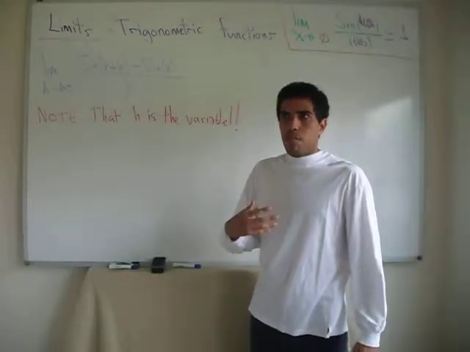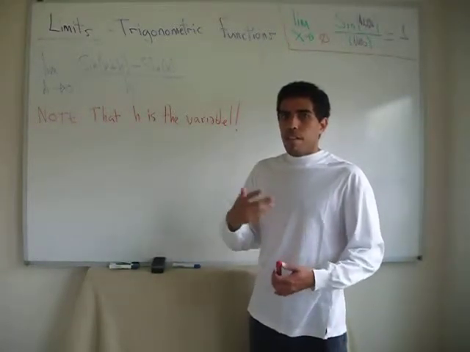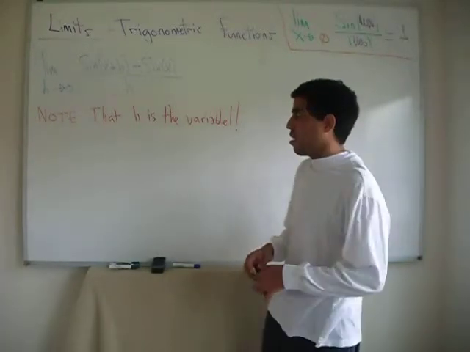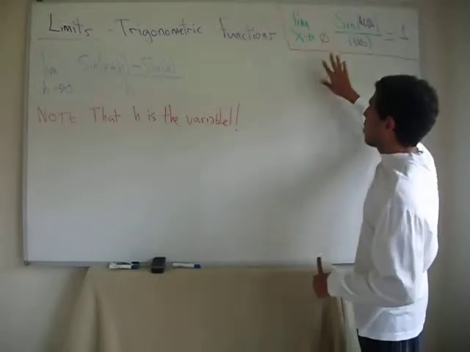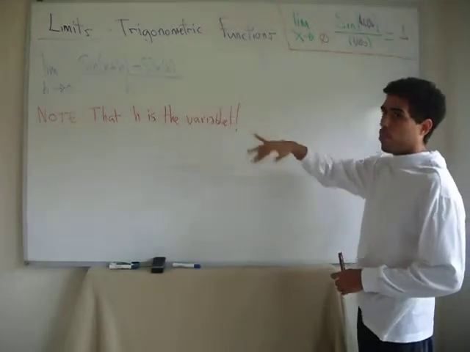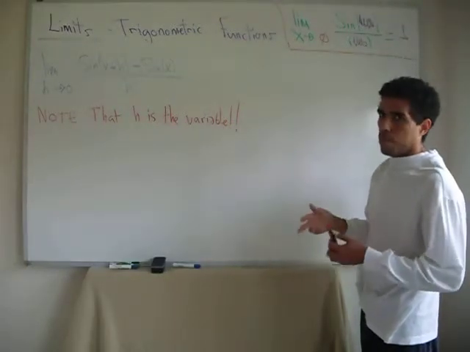The past couple of examples were a little bit easier, and the second one was a little bit harder, and this one is going to be a little bit harder, more difficult. Again, it's all about seeing the notable limit in the expression that we have, and using the properties of